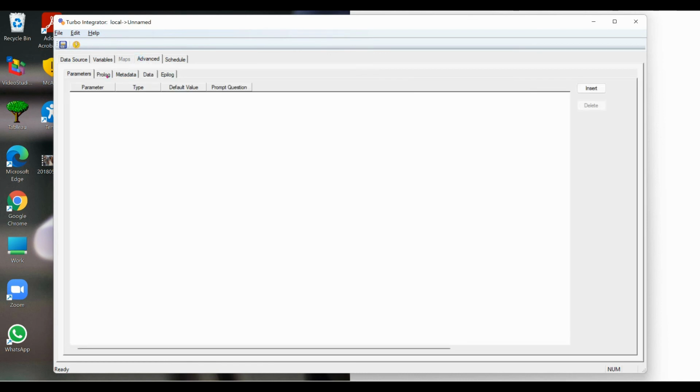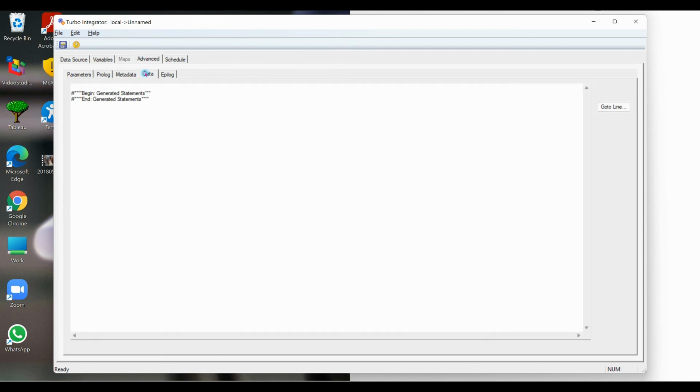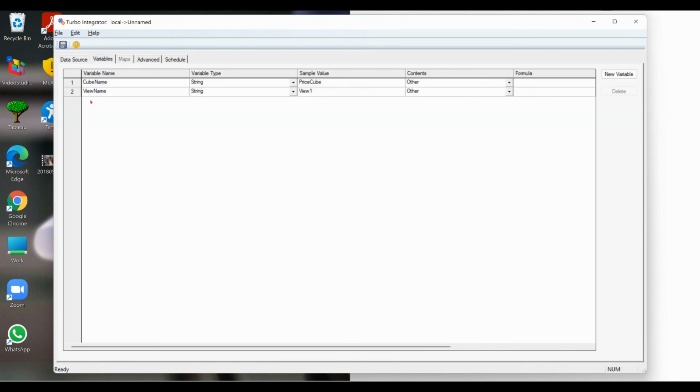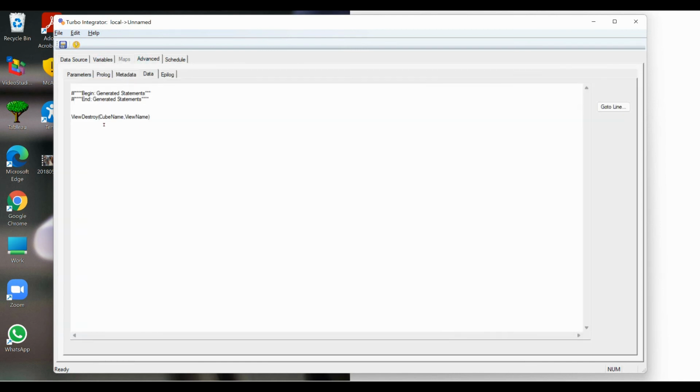Go to the advanced tab. Now you can see that the metadata and data sections are also open for us to use. So click on the data section, ViewDestroy in brackets. The first parameter is the cube name, and the second parameter is the view name, and these are nothing but the variables I'm referring to. Cube name, view name, here it is, destroy cube name, view name, and semicolon. Save this process,